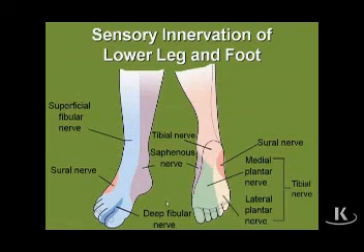But there is a fairly important region of distribution that's worth taking note of, and that is on the dorsum of the foot. And this slide illustrates that the sensory innervation to the dorsum of the foot is provided by two nerves, the superficial fibular nerve and the deep fibular nerve. So the two branches of the common fibular nerve between them provide the sensory distribution to the dorsum of the